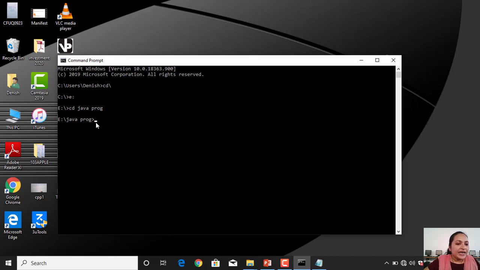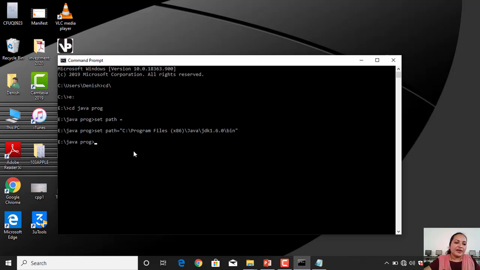Now in this folder I have to set the path of my program files Java JDK bin. So here I type set path equal to, in double quotes, paste the path of the JDK bin directory and press enter.